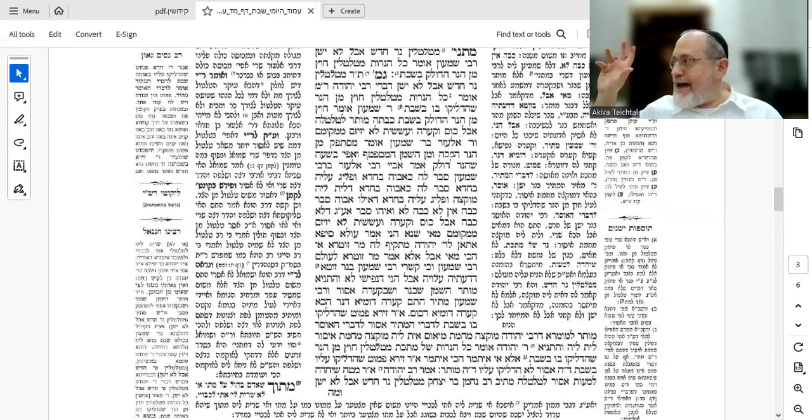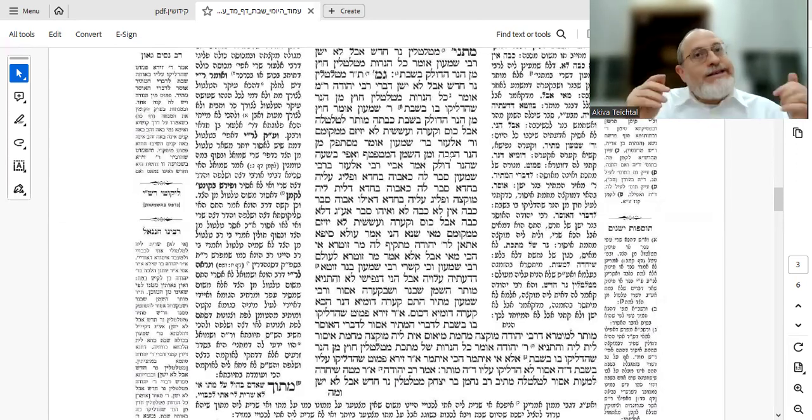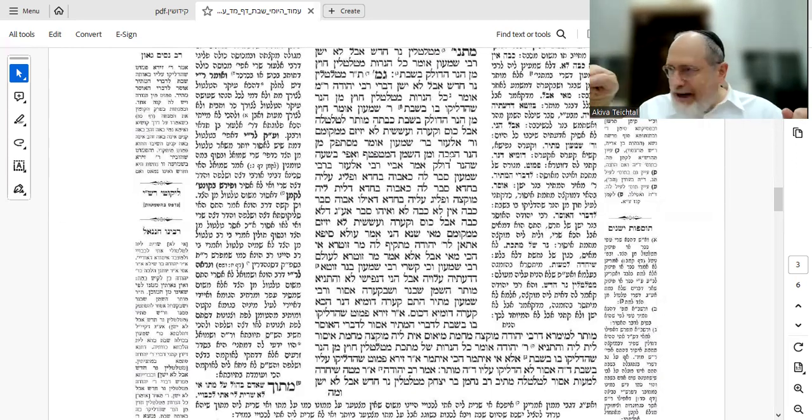Either the candle is out and you have leftover oil in the ner, or some Rishonim say even more, the ner, while it's on its way out, it's flickering and it's still on, you're allowed to chop a little bit and take. And it's not called kibui because it's already so much on its way out. I'm not sure at what point he believes that it's so much on its way out. When it's dying, it doesn't make a difference. That's the stage when it's about to die. So then you're allowed to chop around and take some oil because it's already on its way out and it's not called you're doing kibui. And there's no issue of muktzeh, according to him.